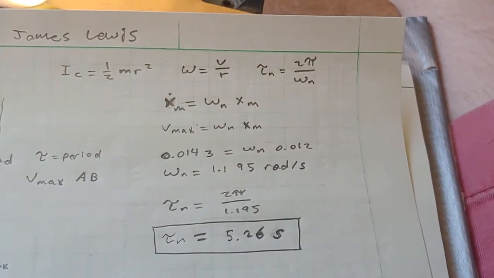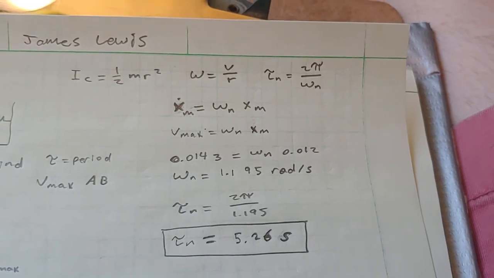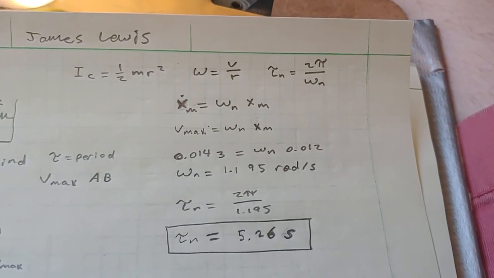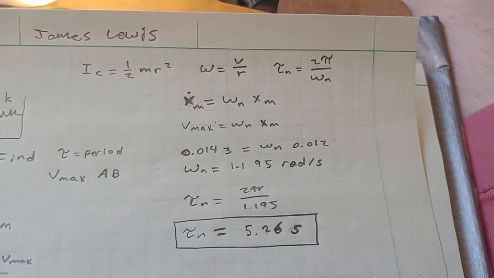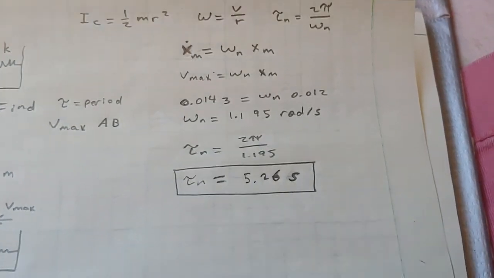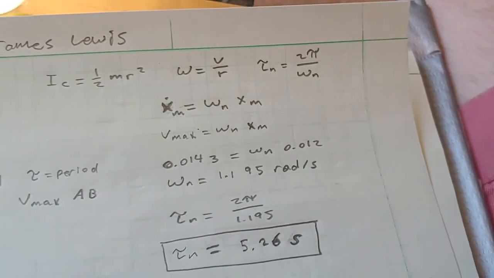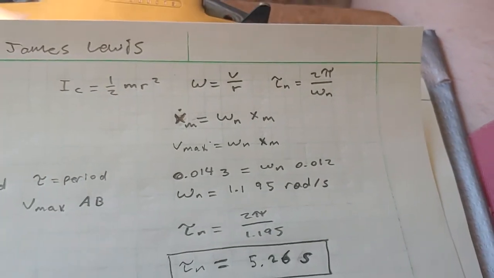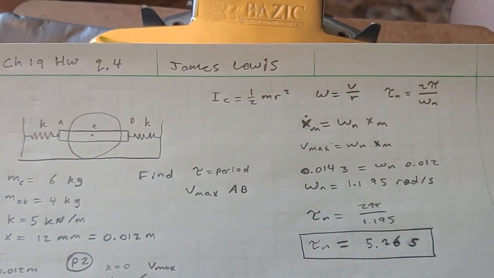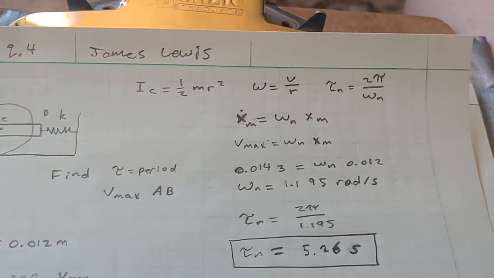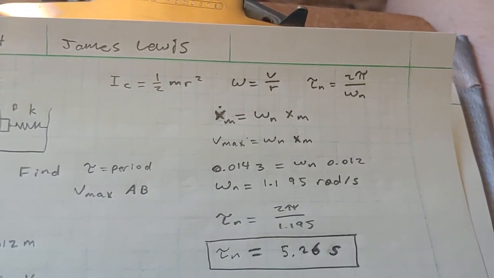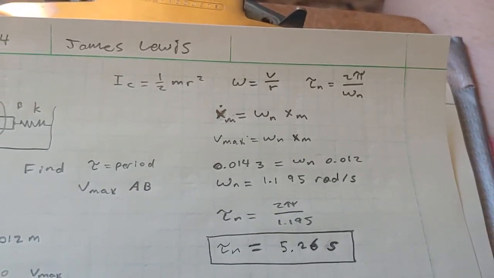So we're going to input our numbers. Our Vmax is equal to 0.0143 meters per second, equals our natural angular velocity times our x max, which is 0.012 meters. So then we'll do the equations,